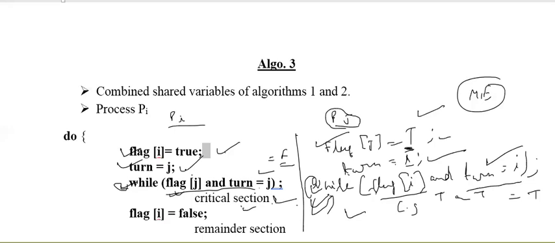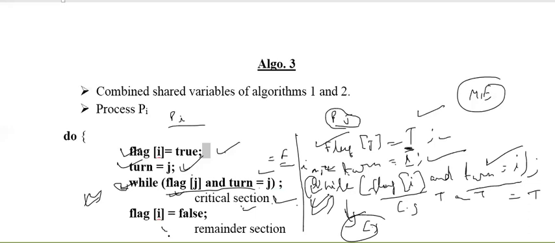Then here, because of turn in the previous one, because both got true, both got stuck in the while statement. Now here, because of turn, since turn is a variable and it can hold only one value at a time, whatever will be the order, turn should have only one value, either I or J. So whichever is true on the basis of that, one process will enter into the critical section and the other process will wait for its chance.